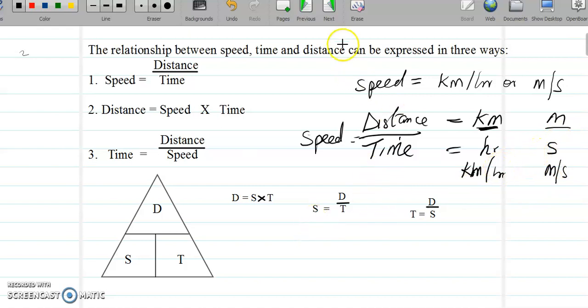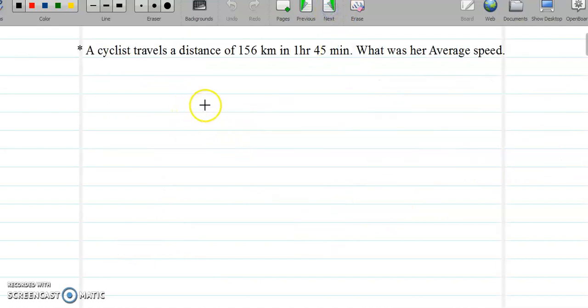Okay, now let's look at some questions under that. From this question, we are told that a cyclist travels a distance of 156 kilometers in 1 hour 45 minutes. What was the average speed? From here we note that the distance d is 156 kilometers, and the time t is 1 hour